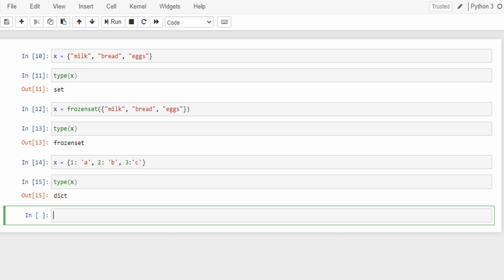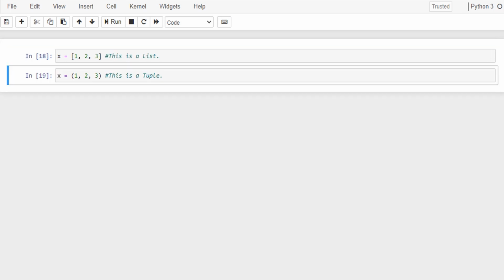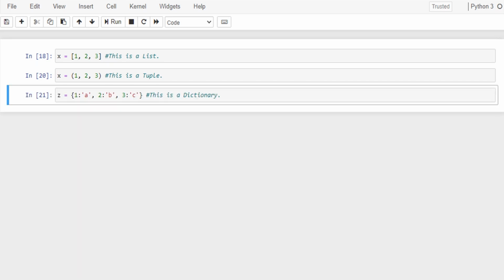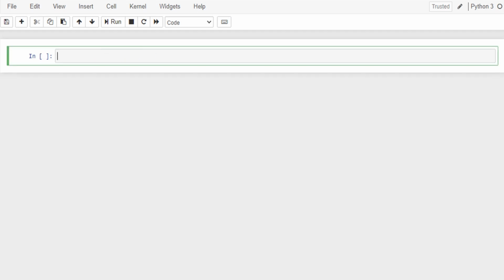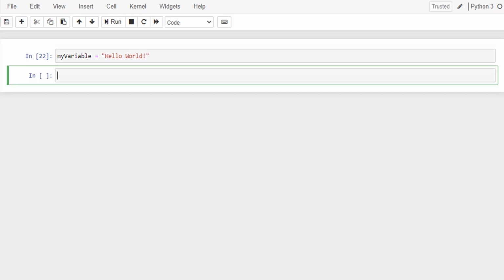I mean, try to understand how you can represent a list like this, and this is how you can represent a tuple. Here is an example to represent a dictionary. Great. Now you know the data types. Let me talk a little about the Python variables. So in Python, you will create a variable name and assign some value to it. You do not need to specify the type.